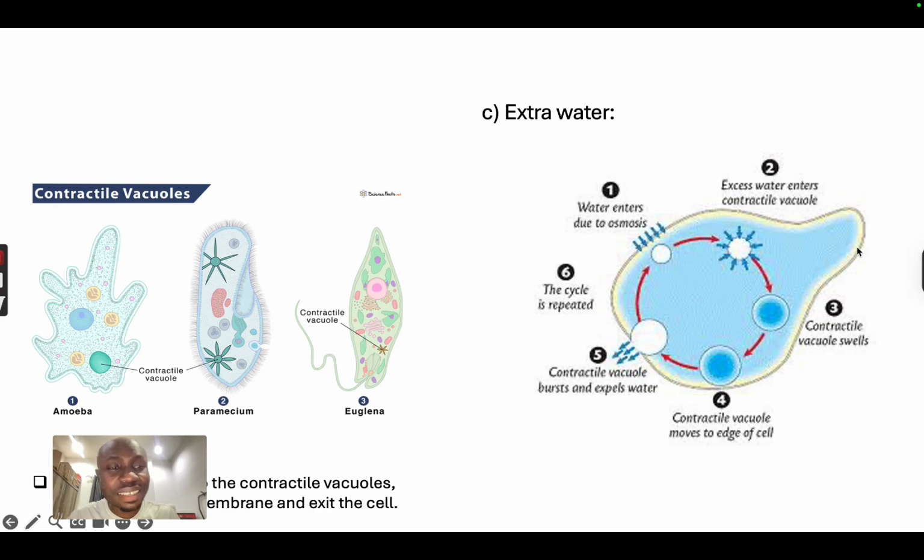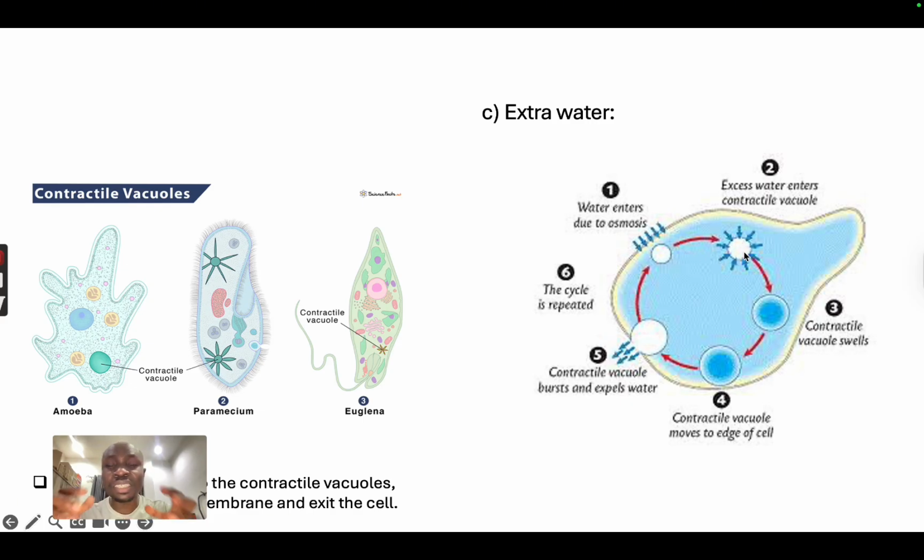So let's say this is the organism. This is the amoeba. And water moves into the cell, moves in, the cell gets bigger and bigger and bigger. If the amoeba cannot remove the extra water, the cell of the amoeba will get bigger and pop, and the amoeba will die. So inside the amoeba is the contractile vacuole, this circle. When more water goes into the amoeba, the water will be absorbed into the contractile vacuole.